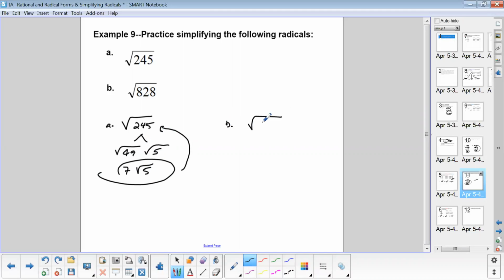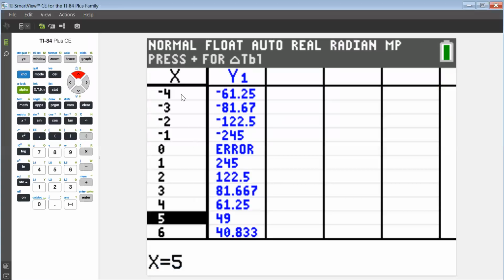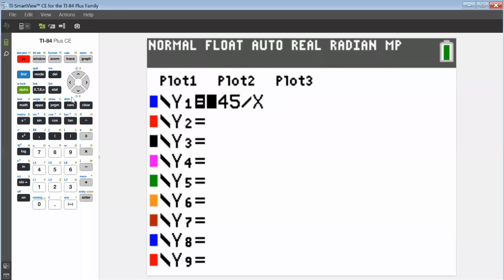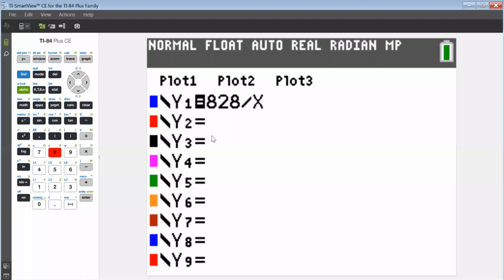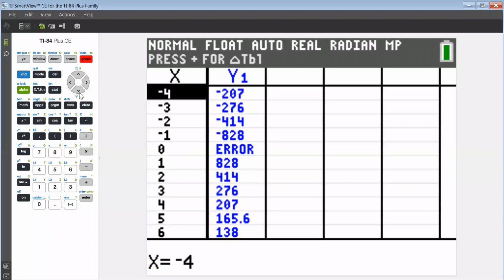Part B, I want the square root of 828. Again, it's a large number. I don't want you worried about trying to find those factors. Let the calculator generate that for you, and then it's what you're looking for. So 828 divided by x and go second graph. And as I said before, you're looking for factors,